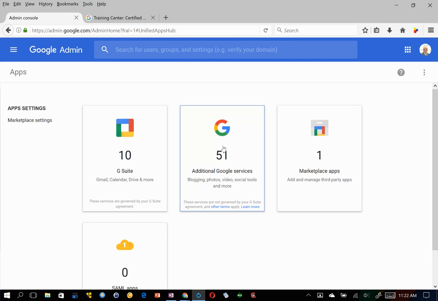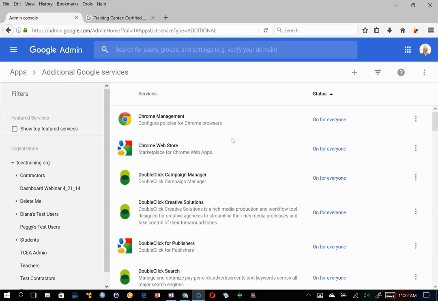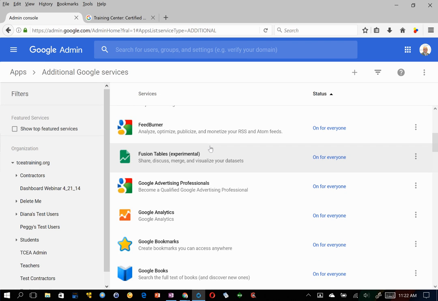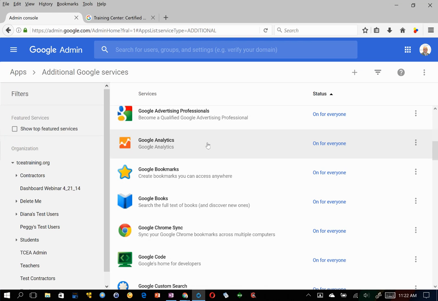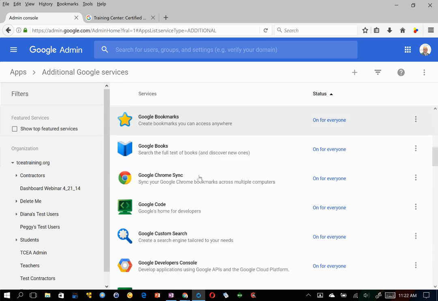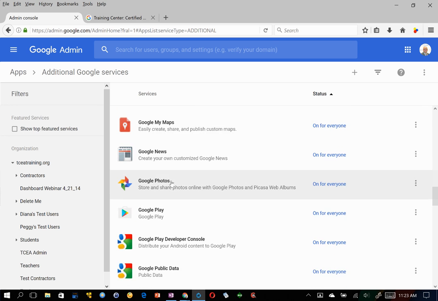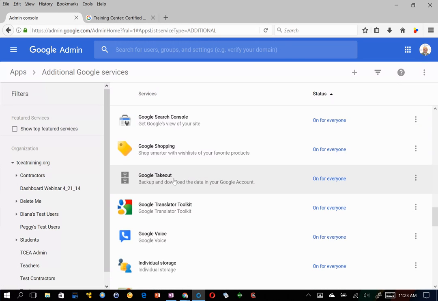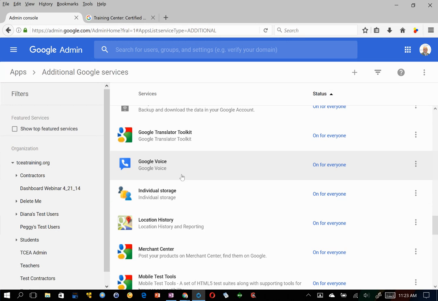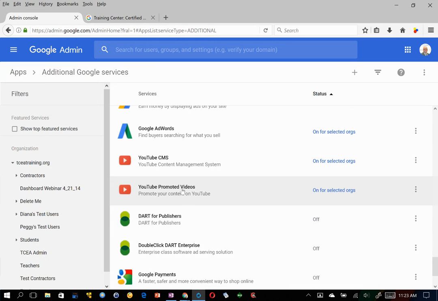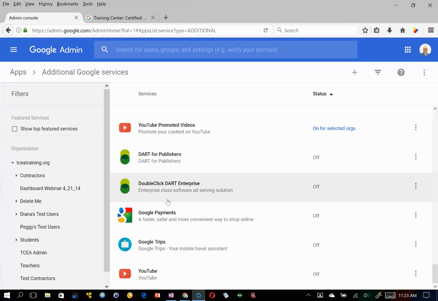Now, if you go back to your apps, though, there are some additional Google services that you can access. And these would include items like Chrome Management, Chrome Web Store, the Campaign Manager, the double-click search, and Feed Burner. And all of these are just different resources and tools that are available to you. As you might imagine, if you scroll down, you can see Google Photos, which some people see as a pretty important app, Google Voice, and Blogger, if you want to set up blogs, being able to work with some YouTube content, and of course